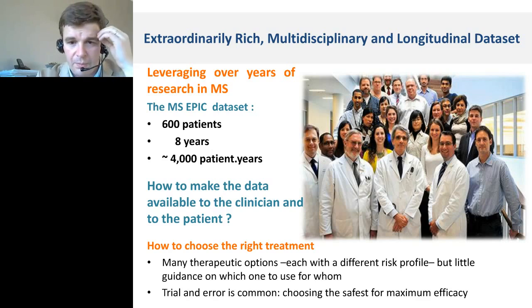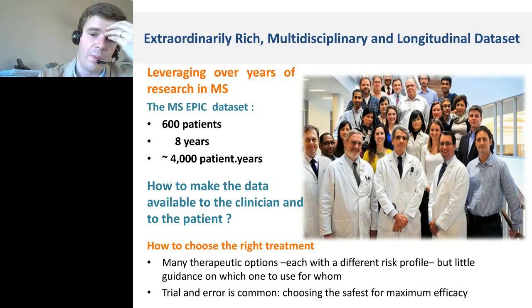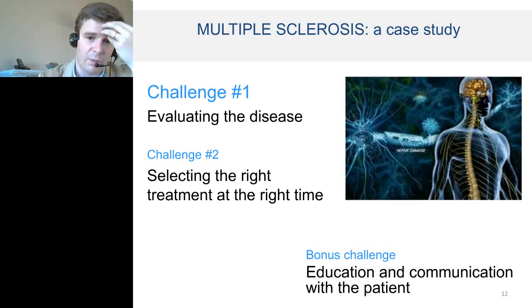So we saw that maybe this data set should be better accessible at the individual level. And let me show you, to be better accessible to really address this idea that there are many therapeutic options, and we want to accelerate the path to finding the right treatment for the right patient.